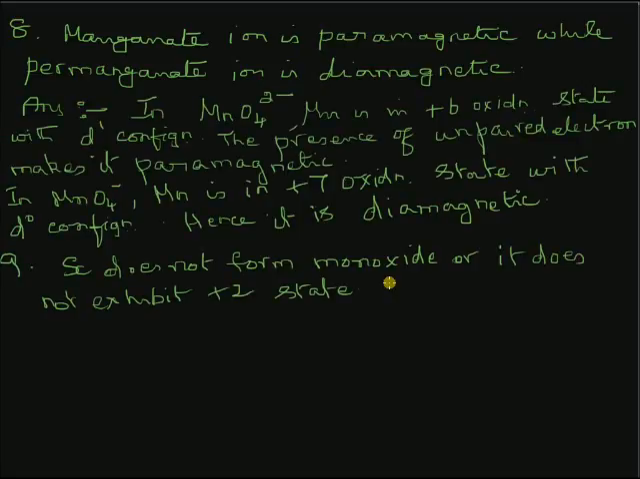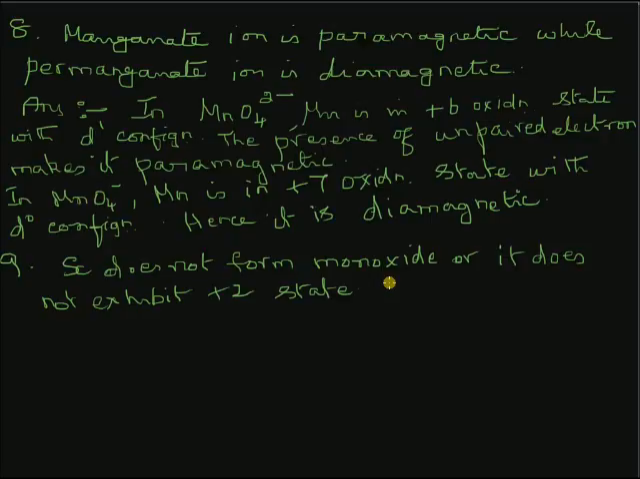The last question of this session is: scandium does not form monoxide or it does not exhibit +2 oxidation state. Explain why. You know, the common oxidation state of the first row transition metals is +2. But scandium, having an electronic configuration of 4s2 3d1, cannot exhibit +2 state. If it exhibits +2 state, it will be left with just one electron in the d level with d1 configuration,